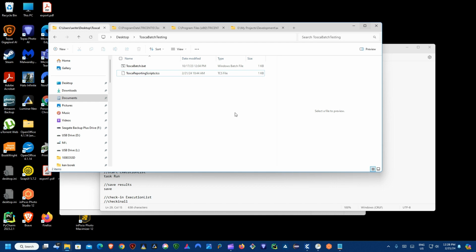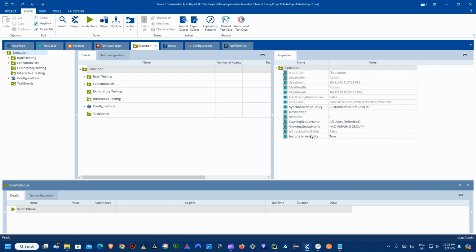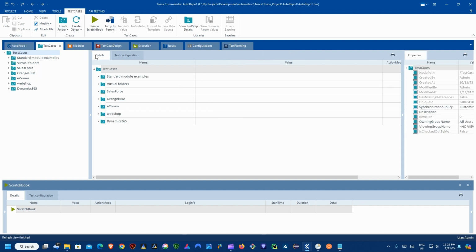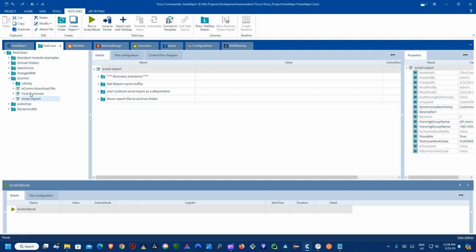All right, so in this video, what I'm going to be going over is executing Tosca test cases using the TCShell commands, like a batch file. Yeah, you can put it into a batch file as well to execute it, which I'll show how that is done. So the test cases, when you build the test cases, which I have some example ones here,